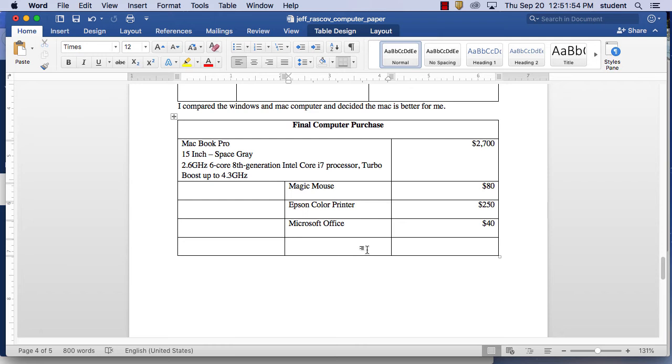Okay, so we got that. What else could we buy? A case, right? Maybe a bag. What's it called? A computer bag? Computer case? Or bag? I don't know. Because this is a laptop. And so that's probably $80. And then